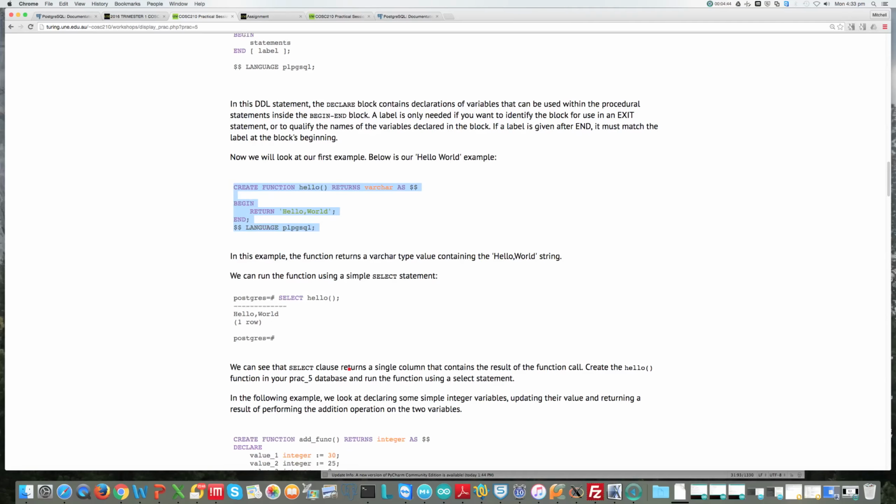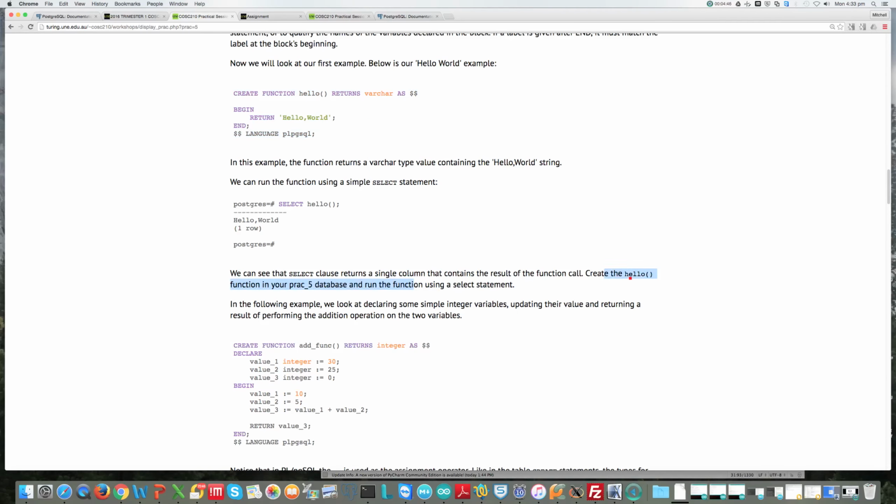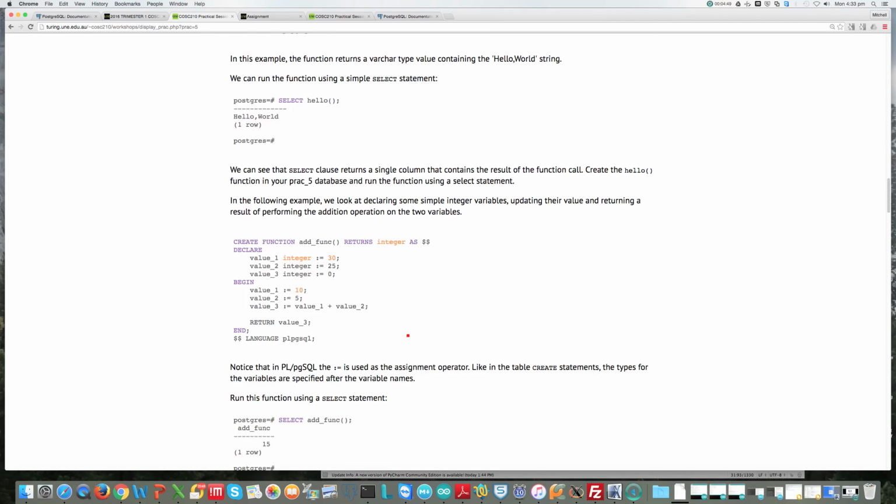So our select clause returns a single column that contains the result of our initial function call. Now, we can make our functions do all sorts of processing. This next example shows the use of a declare block where we